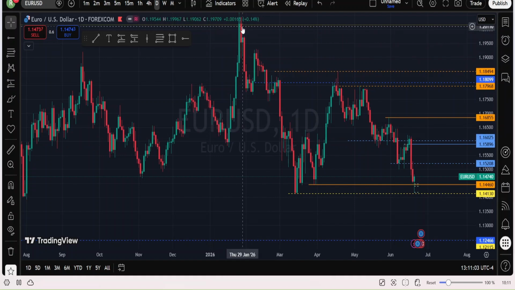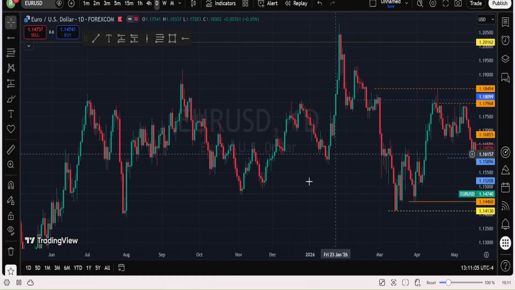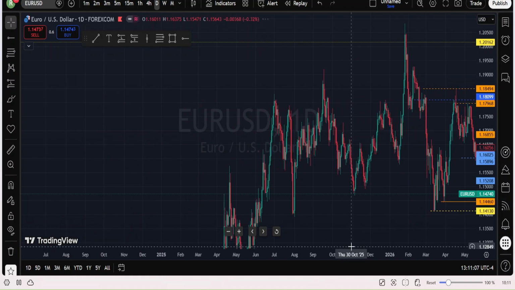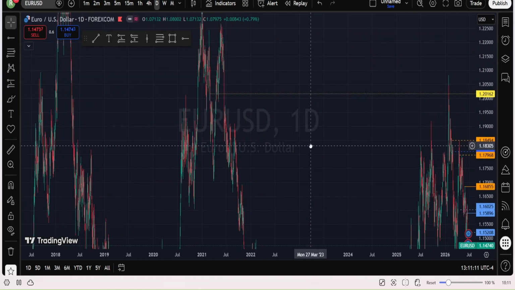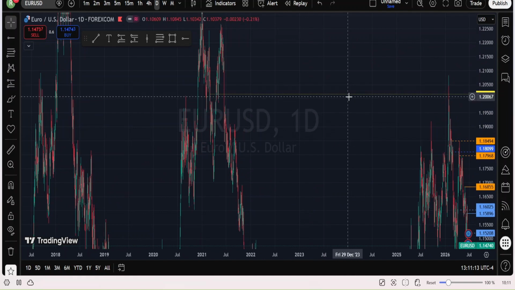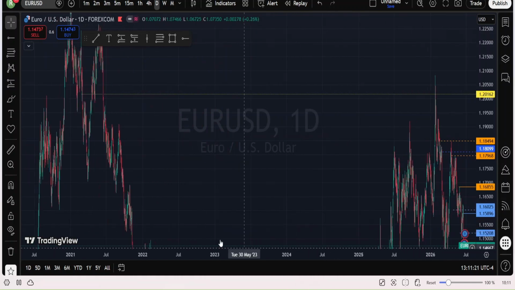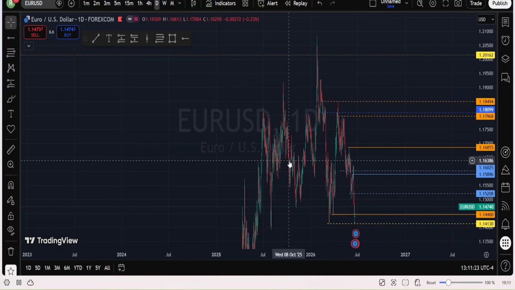Okay, look at this level also. Watch this level. If we draw in time, something must be there. Look at it. If we move to a higher time frame, this should be a level on the monthly time frame. They are always looking out for something. They hunt that, so they move in the real direction they wanted to go.